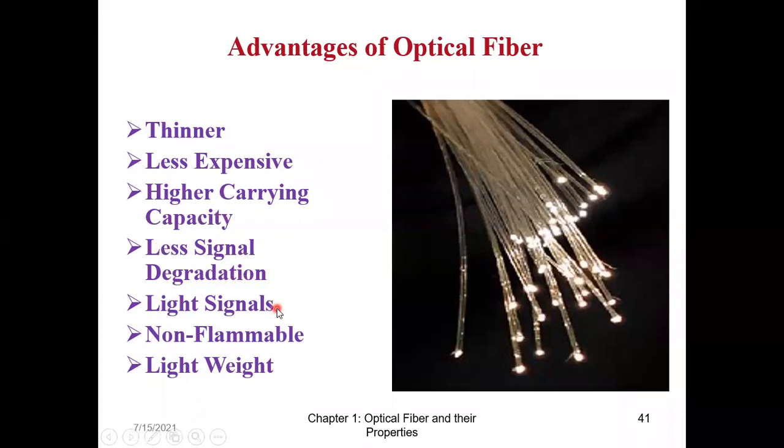Then I carry the signal in the form of a light. Now, what is that advantage if the signal is in the form of a light rather than an electrical signal? Non-flammable. It does not catch fire because no electricity is involved in it. It's a light signal. And since it is very thin, it is light in weight. So as such, these are points to fetch you 2 marks. If it is a 5 marks question and you just write down this, it will just give you 2 marks.